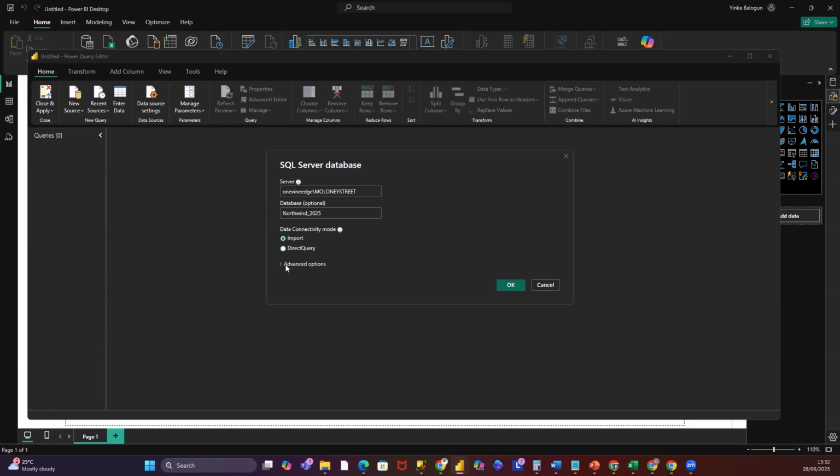And then here you have two options. You can either do DirectQuery or Import load. DirectQuery means that you're connecting to the server, and at any point in time that your report is being consumed, then the Power BI engine